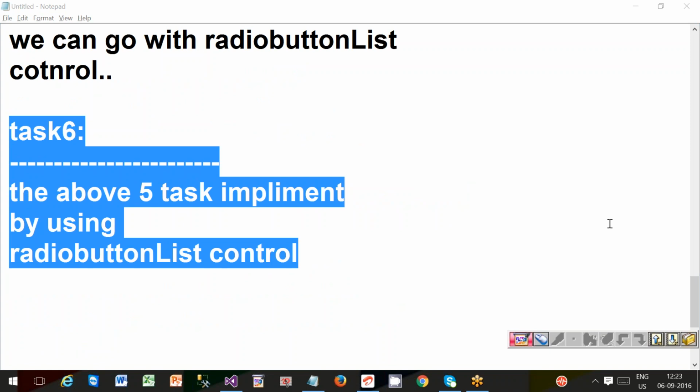Okay. See, there is a technical issue, an unexpected issue I got regarding our